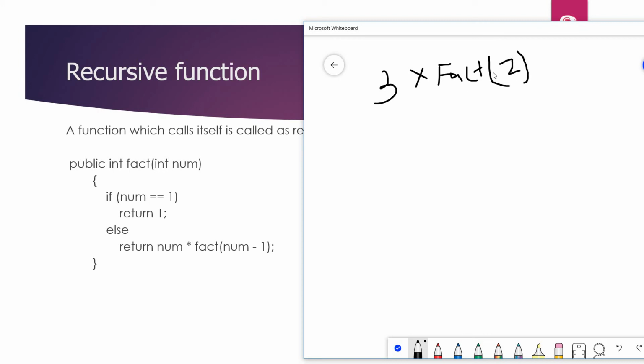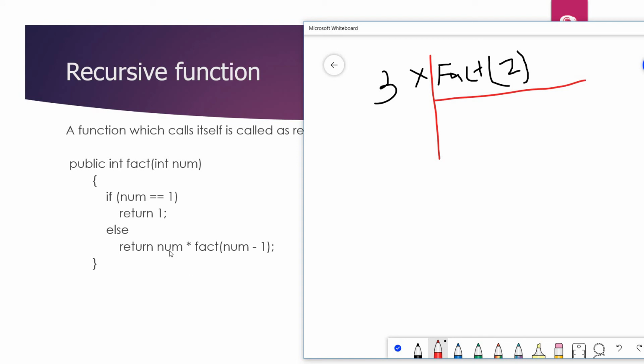As and when this statement gets executed, it will not return simply here, it will try to call this function, right? So once it calls this function factorial by passing value 2, this function will get executed once again, right? If num equals 1, no, currently my num is 2, so it will come to the else part. Now only this portion, this fact of 2, is what it will try to execute. So let me just drag this part, right? Now we are executing this part.